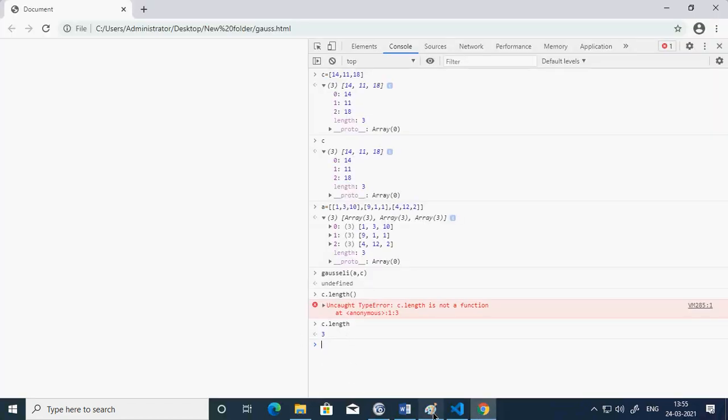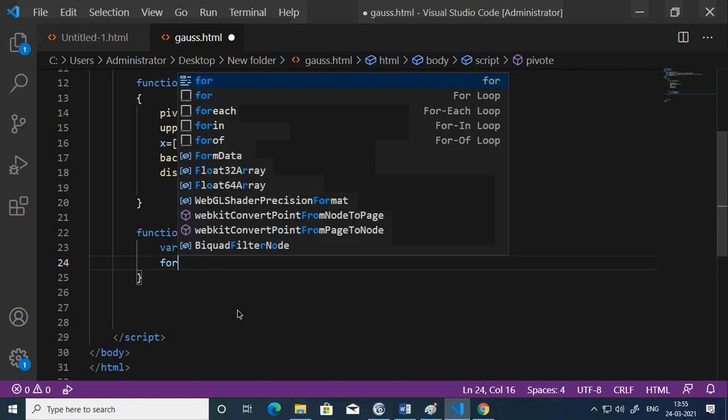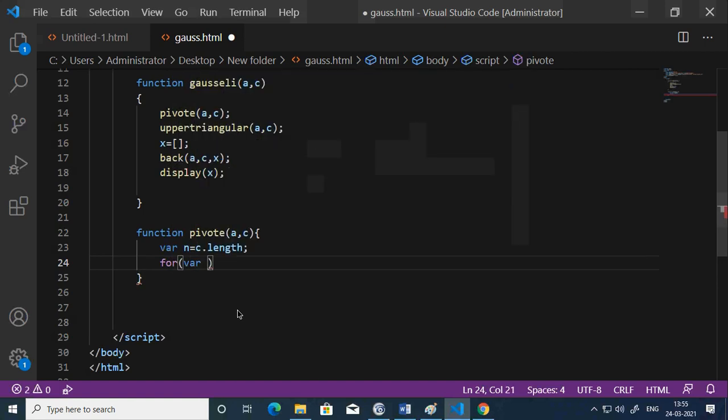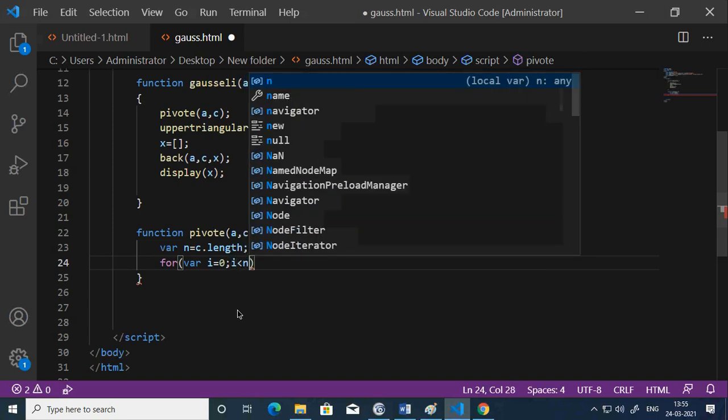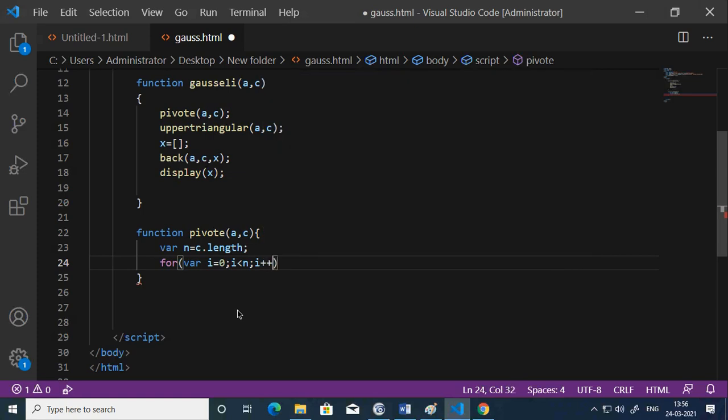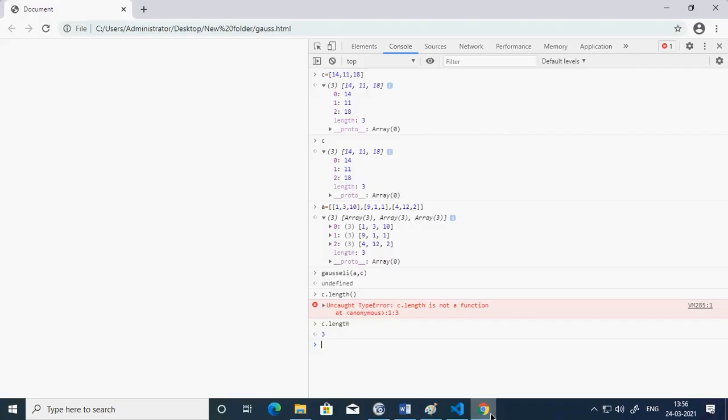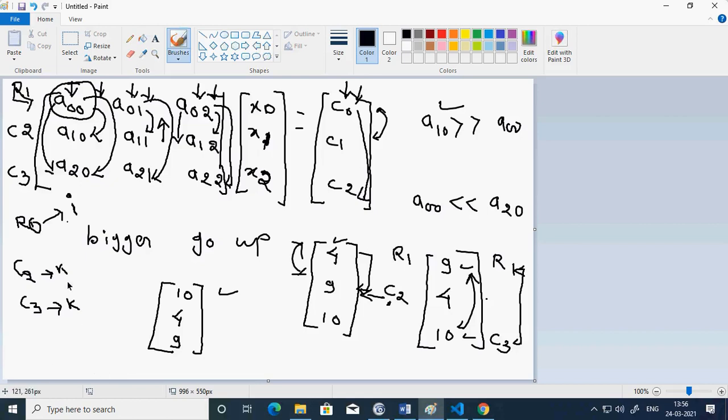So therefore, I start with for I is equal to 0, I less than n, because I am starting from 0, not 1. Okay, so I will go up to n and then I say I plus plus. So I will not go up to the last. Okay, so if you see this, my reference row will become a last row. So R1, R will never go to R3.